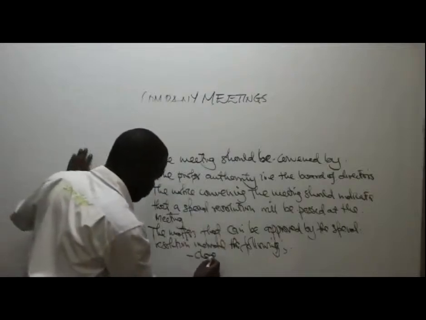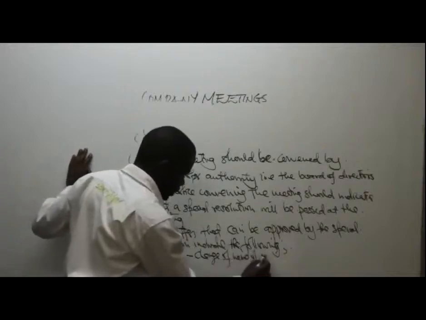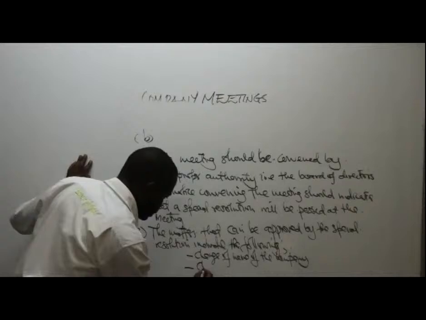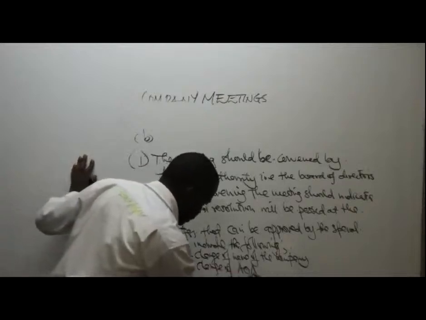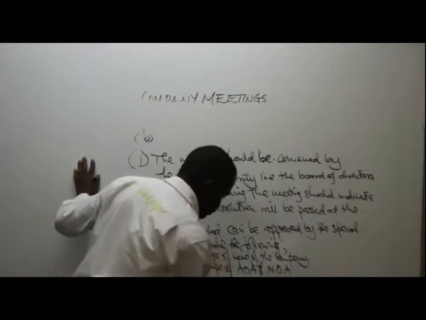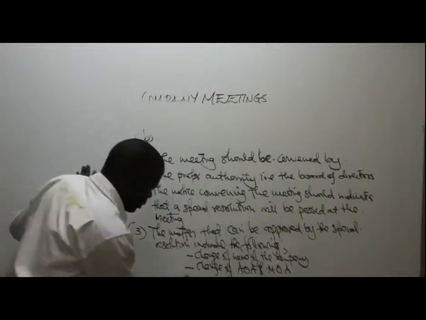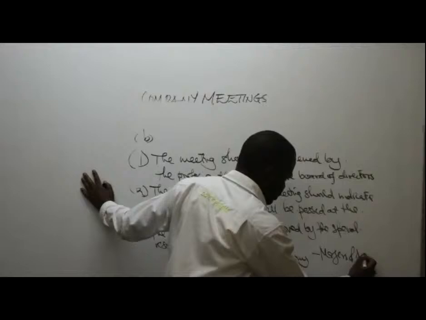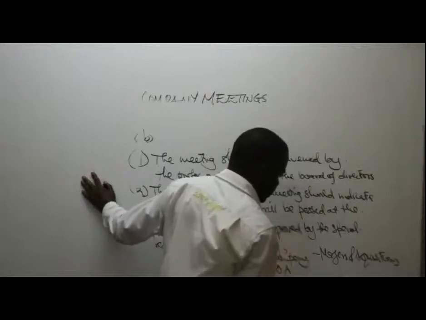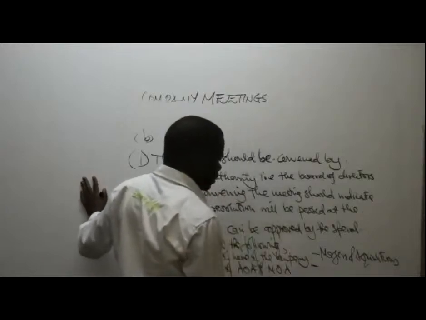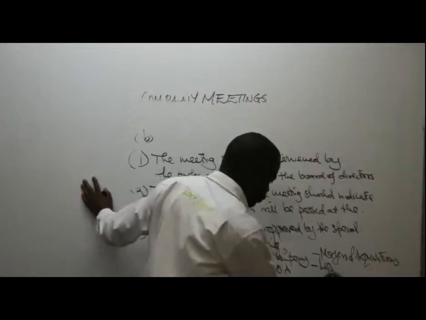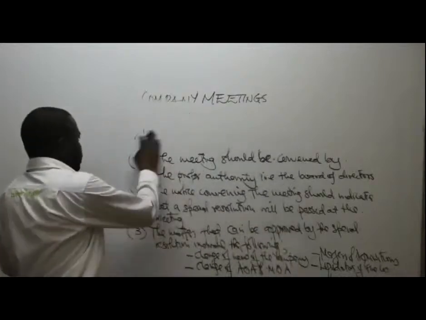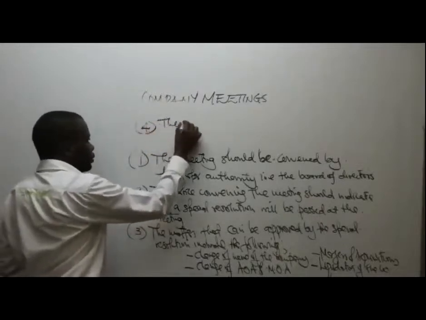You can say, for example, change of name of the company. You can talk about change of articles of association and memorandum of association. You can mention another one, for example, mergers and acquisitions. You can talk about liquidation of the company or winding up of the company. Then you can talk about number 4, the resolution